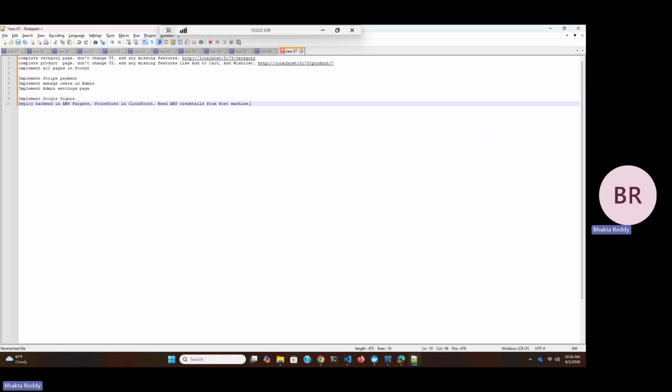Right, so that is the one. Now I add Google sign in to the storefront, and I will also say attach frontend, attach storefront to